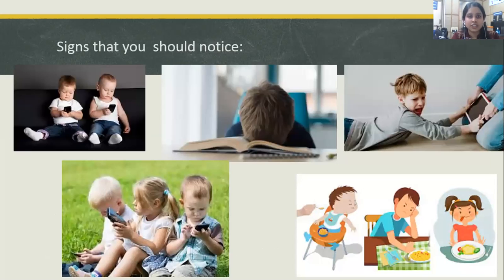So naturally, the signs that you should notice as a parent are face-to-face neglect, where, sitting next to each other, the child might not look at you; poor academic interest or low interest in things like eating, sleeping, speaking to people, or getting into social gatherings; and when you remove the phone, a lot of temper tantrums and poor peer relationships. All these are to be noticed at this age.